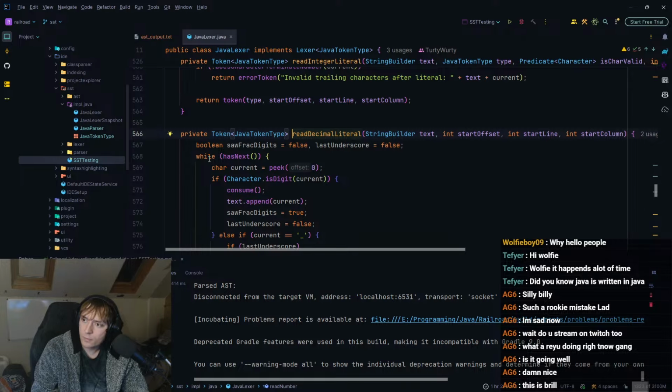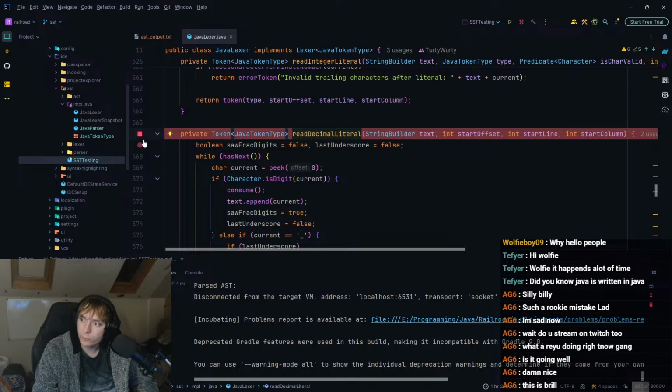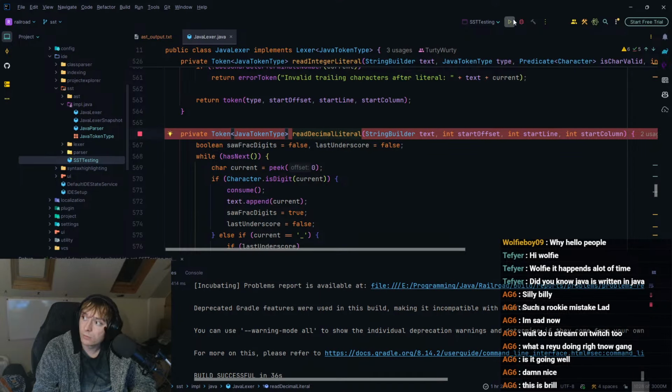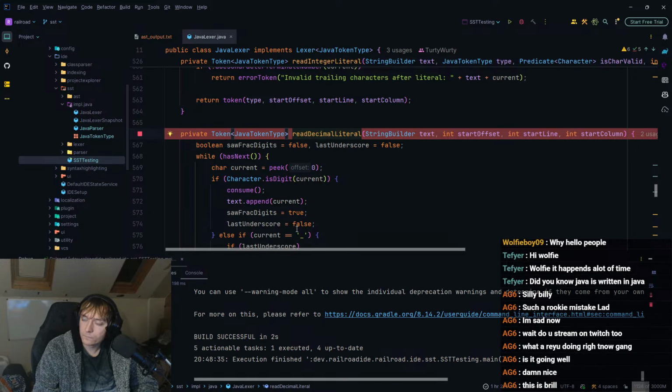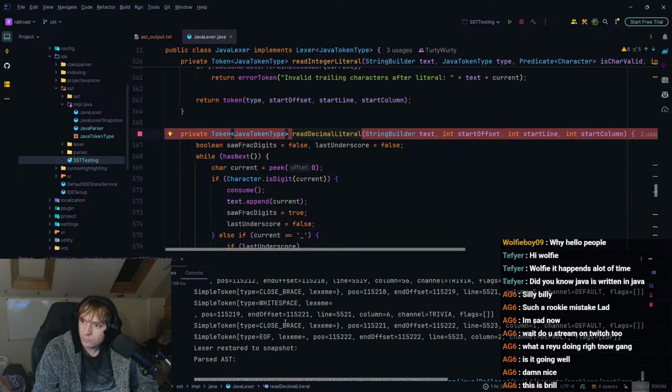So if while has next, char current is equal peek 0. Character is digit current. Okay, I kind of need to breakpoint this, unfortunately. And I think that's going to be a pain in the butt to do. What? What?